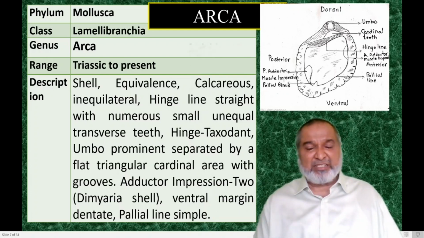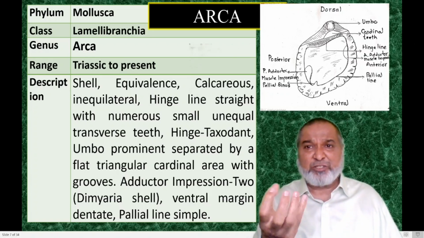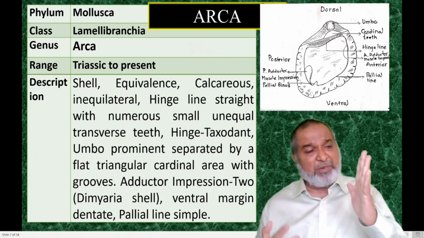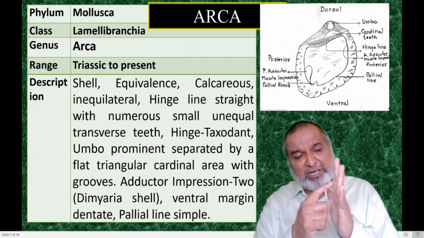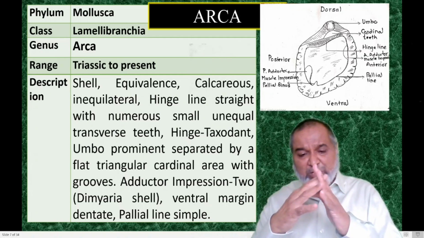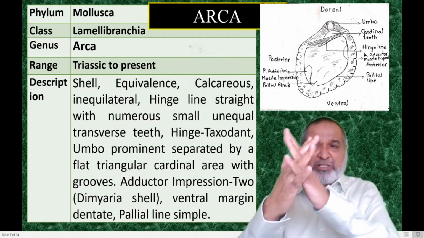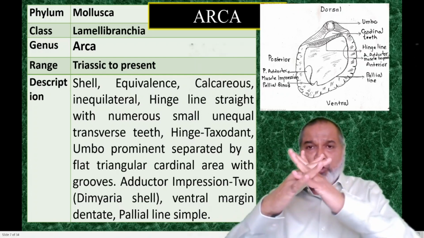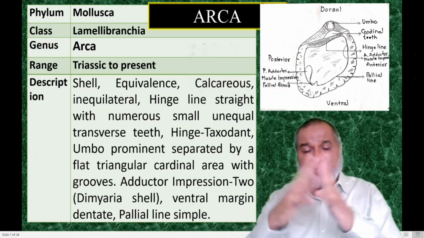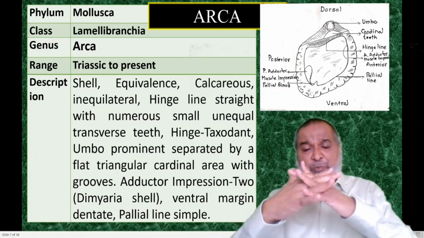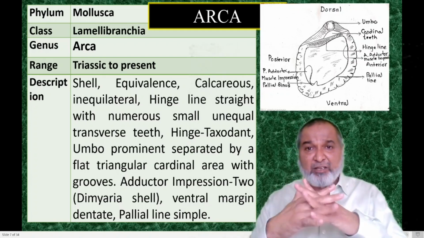Here the number of teeth and sockets is decreased on both the left wall as well as the right wall. Say this is the left wall; grooves and sockets are there, and here also groove and socket. The left and right grooves and sockets fit together, tightly packed towards the dorsal side, with opening and closing from the ventral margin. The muscle impressions help in closing and opening of the shell from the ventral side.